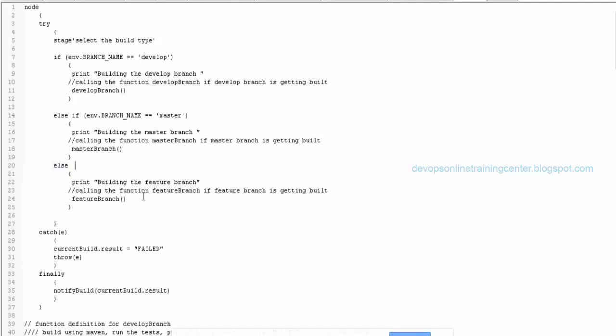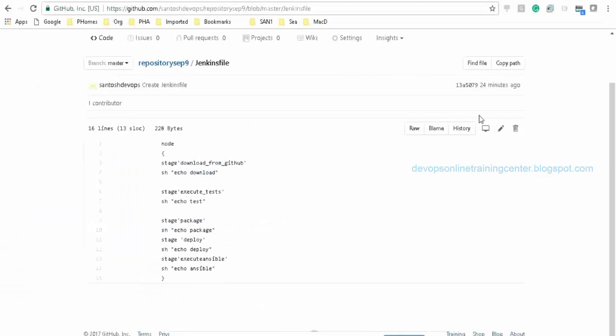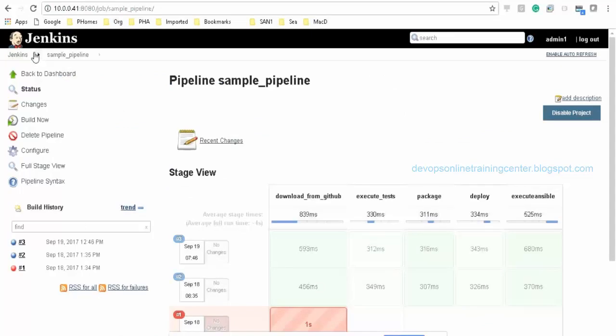Okay, so let us try a sample multi-branch pipeline. I'll edit the same code. So we need to create a new job.